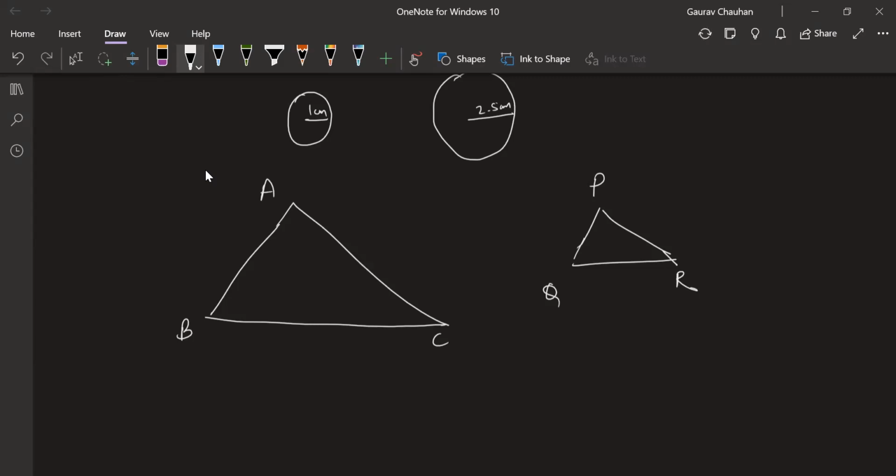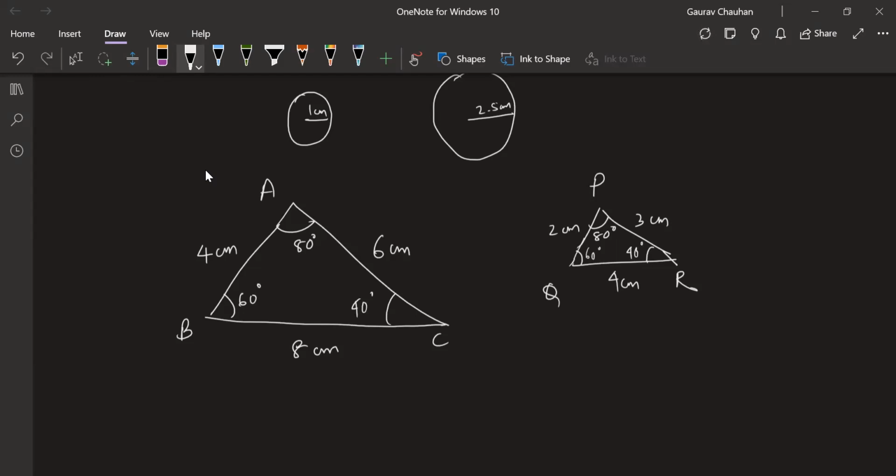Okay, let's think of this as 2 centimeters, 3 centimeters, and 4 centimeters. And this one as 4 centimeters, 6 centimeters, 8 centimeters. Okay, this has 80 degrees. This also has 80 degrees. Okay, this has let's say 50. No, looks like 60, more like 60. Okay, 60 here, and this one 40. Okay, 40 here as well.